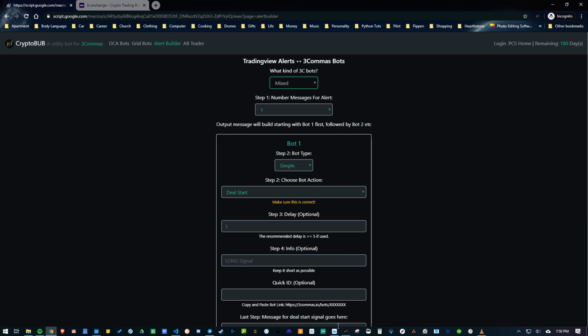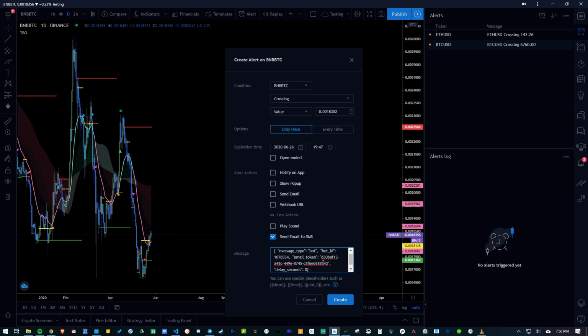So what I mean by mixing together into one alert is, let's say that you want to have two pairs of instructions, so two bots. You want to control two bots at the same time when something happens. A good example of this is with the switch, like with the TBO or something like that. If you wanted to close a short deal and then open a long deal all within the same